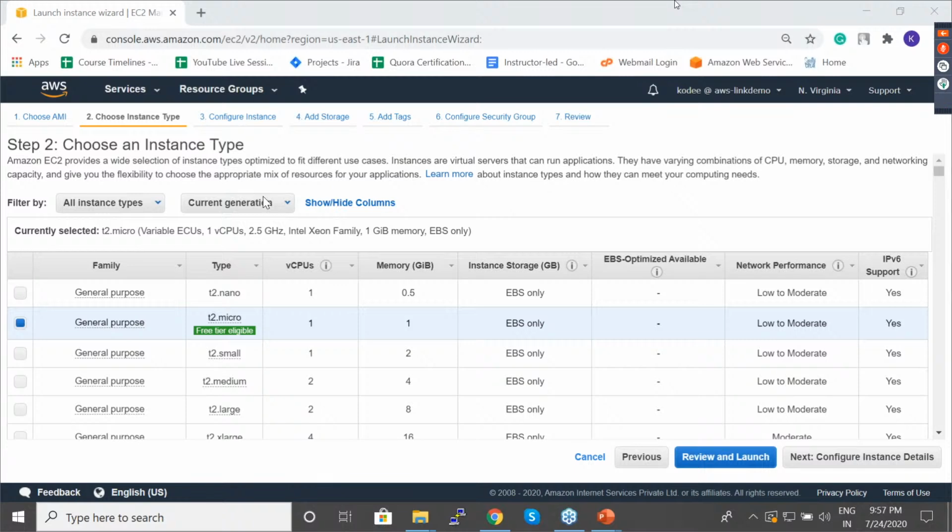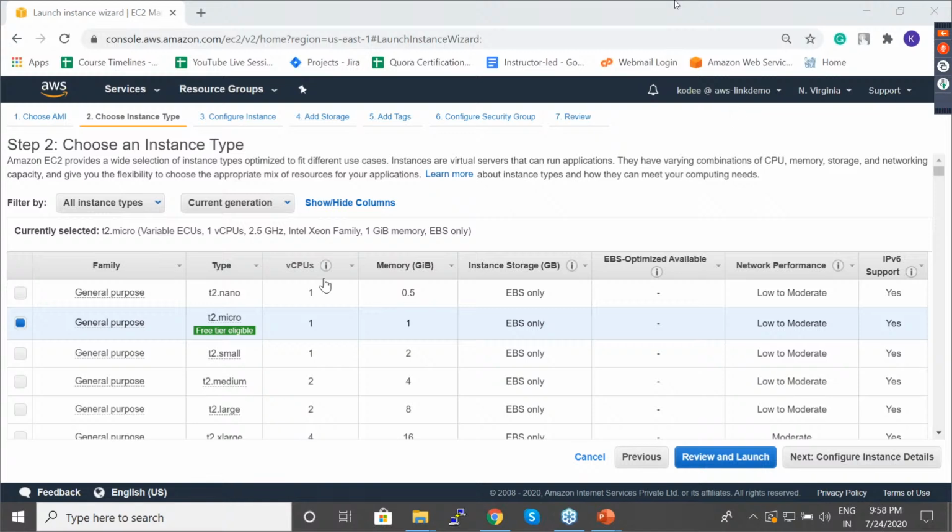Okay, got it. So 750 hours free for first 30 days or for 1 year? For 1 year. It's for 1 year. So 750 hours free. It's not for 30 days, it's for 1 year. So basically, for example, if you launch a server which is running, for every month you will get 750 hours free, not for the whole year. So 750 into 12 would be the number of hours you will get free for a complete year.